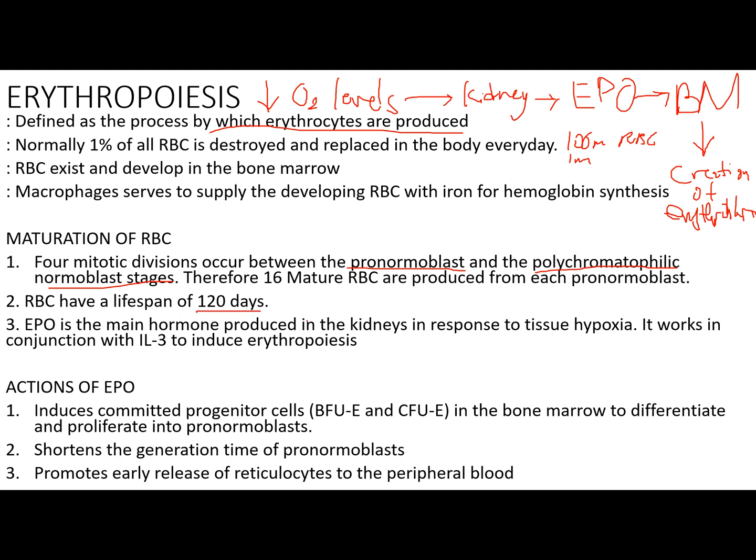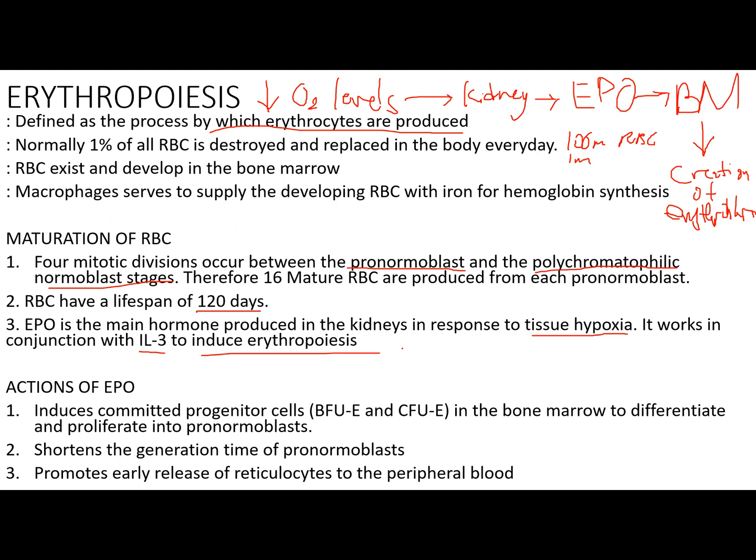And EPO is the main hormone produced in the kidney in response to tissue hypoxia. It works in conjunction with your interleukin 3 to induce erythropoiesis. So please take note of that. Erythropoietin would work with interleukin 3 to induce erythropoiesis. Now, what are the actions of your erythropoietin? So ito sila, class. They would induce committed progenitor cells, yung BFUE and yung CFUE, in the bone marrow to